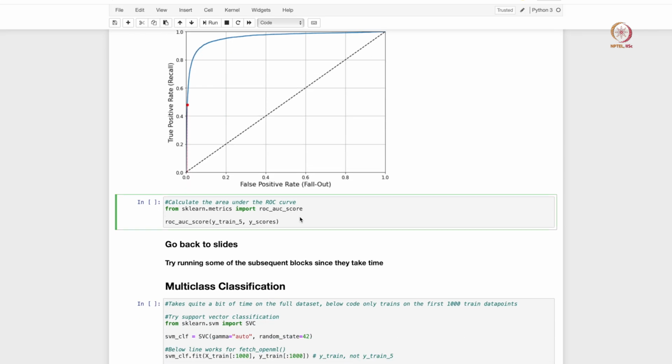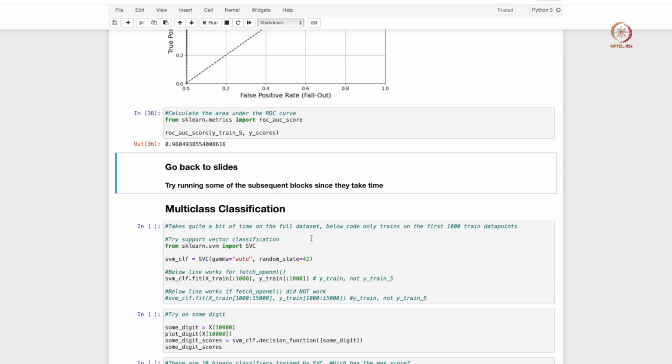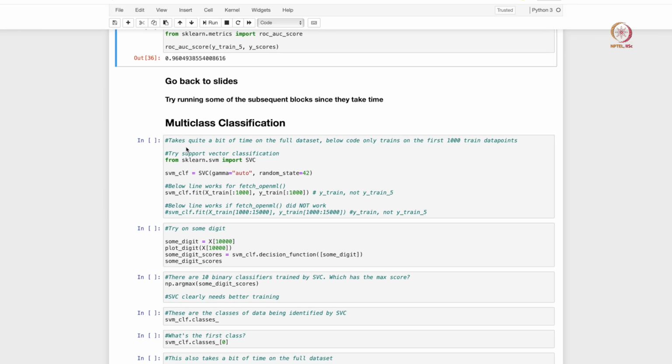Let us now look at the score also, the area under the curve. In order to calculate the area under the curve for the ROC curve, there is a very simple score function that you can import, and you see that the area under the curve is about 96%, so 0.96, which is fairly decent for a classification model. So we see that our classification model is actually doing a reasonably good job, even if our model is simple. We initially started with accuracy and were a little skeptical, because the accuracy was already high and it is very easy to get high accuracies within this data set. That is why we looked at other performance measurement metrics, and it looks like the model is quite decent after all.